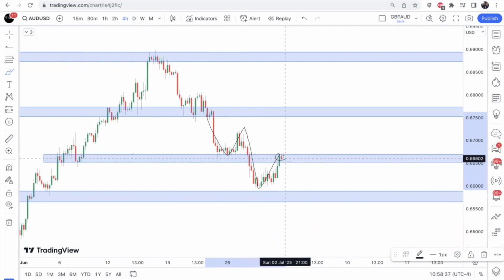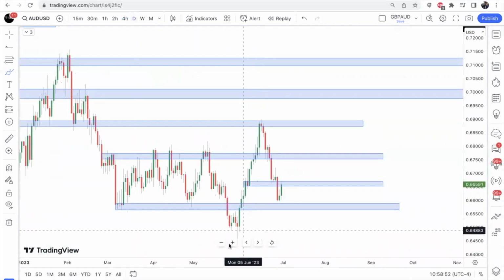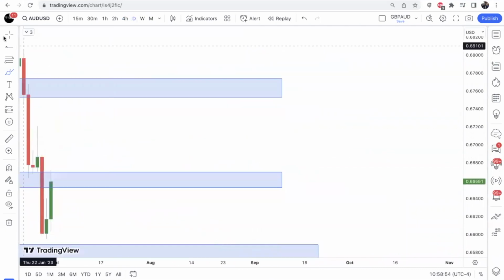So we're at this level of structure, a potential level of structure where it could potentially fall from. This is the ideal level of structure if I'm looking for sells, where I would look for price to reject here and give me a sell opportunity. So it is at that level. All right, the only thing that has me wanting to be patient is because a lot of it depends on what the dollar is going to do.